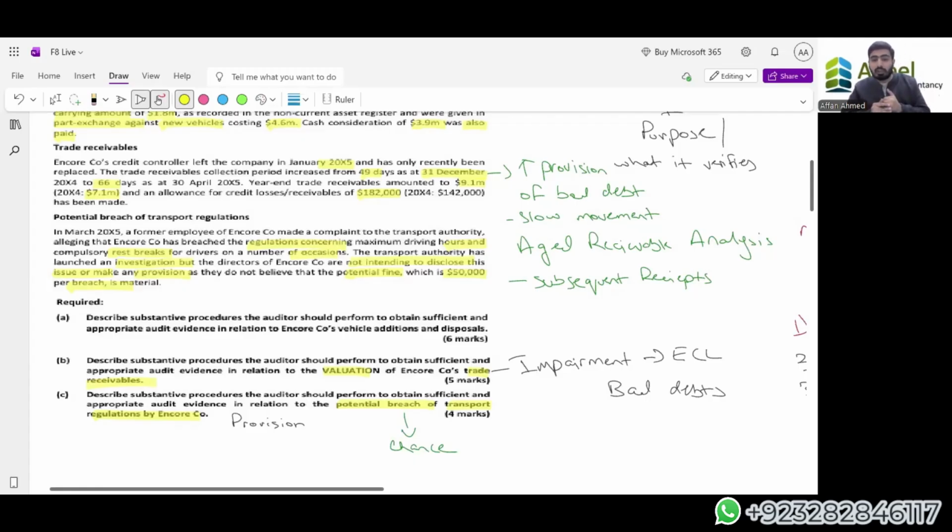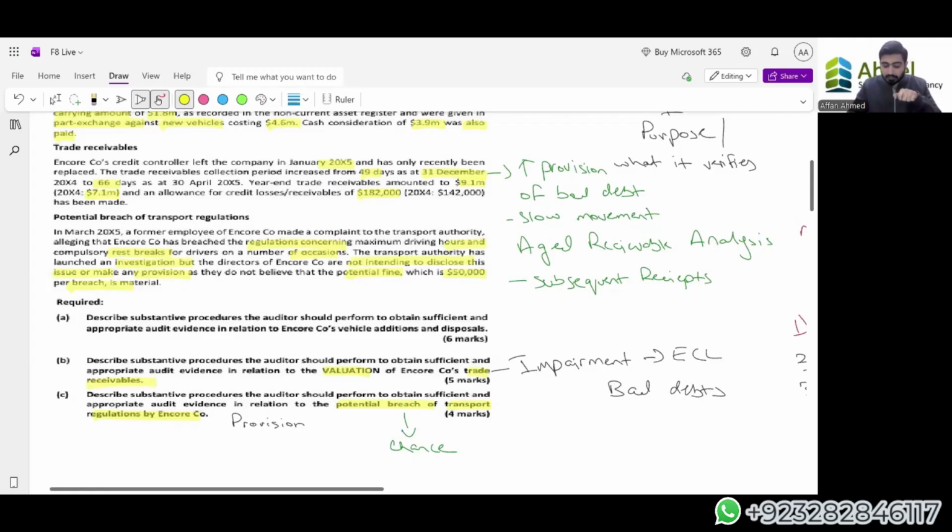Then the legal counsel comes in. We will discuss with the legal counsel that this particular claim is against us. What are the chances that we might be having a fine and we have to pay for it? This is the thing that we have to ask them. They will give us an indication that this is possible, probable, or virtually certain that we have to pay. Based on that, we can record a provision, or we can record a contingent liability, or we record a liability as a whole in our financial statements. So we have to check that.